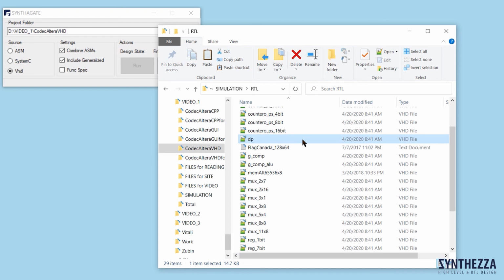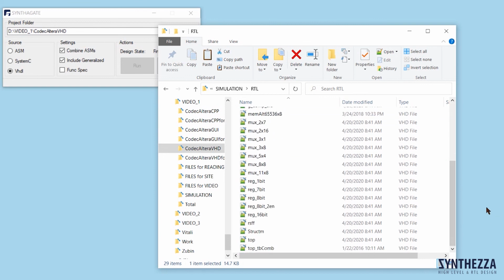To make sure that the design is correct, compare the file flag Canada at the input of M1 and the decompressed file at the output of M3. At the high level, I used two files, FuncMI VHD and my package VHD for simulation, but at the RTL, this would require 27 files. This is the reason that the simulation at RTL is several times longer than the simulation at the high level. On my personal computer, HLS simulation is a little bit less than 2 seconds, which is 6 times faster than at the RTL.